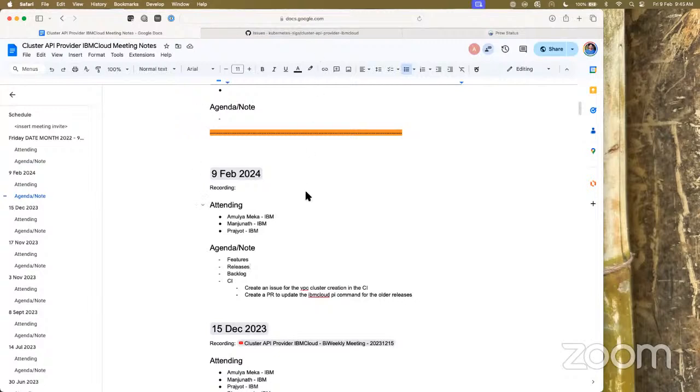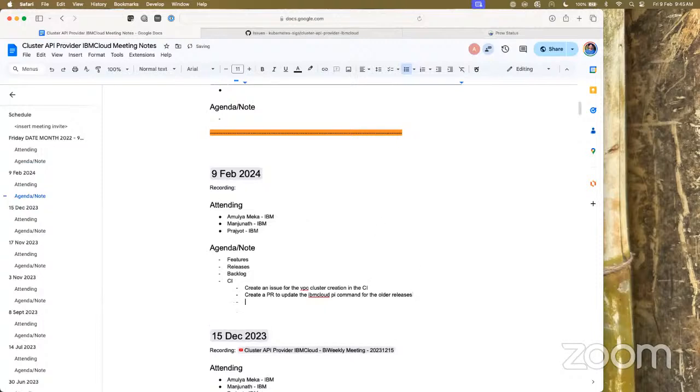Even the Ansible error that we have seen will halt the image building process for CAPI, so I'll create issues for those also. Sure, makes sense. I'll just add that. Add more issues to fix for the image builder.